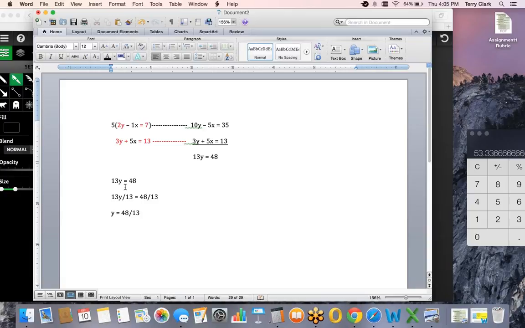And I'm going to leave it like that. I don't really have to convert it to a decimal. Okay, so that's my answer. Y equals 48 over 13. Now, I still need to figure out what x is. Okay, so I'm going to take x and put,